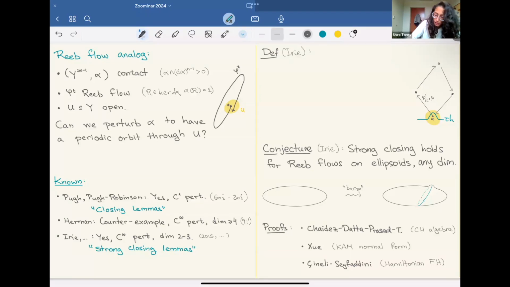So you say that a Hamiltonian diffeomorphism satisfies or has the strong closing property